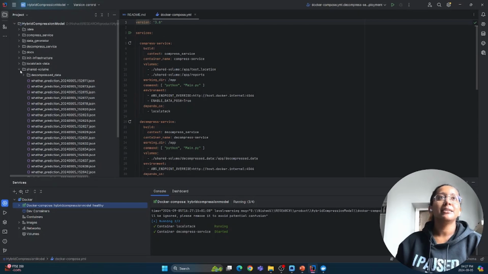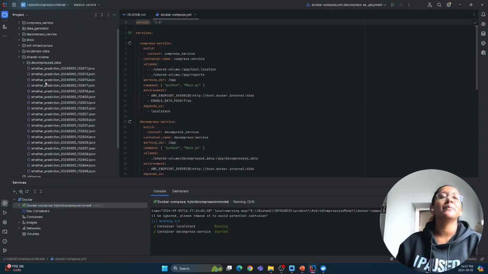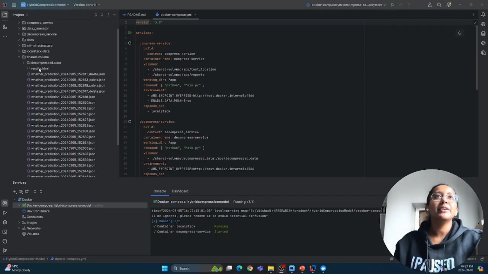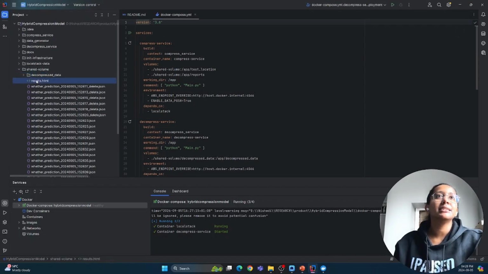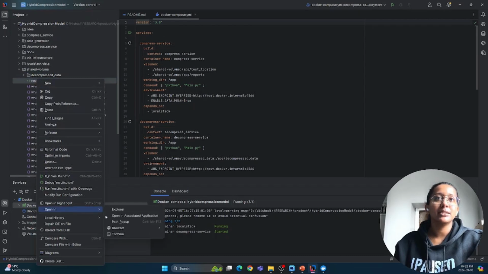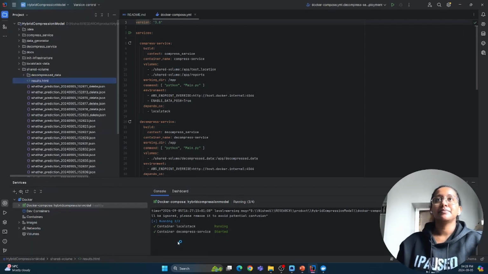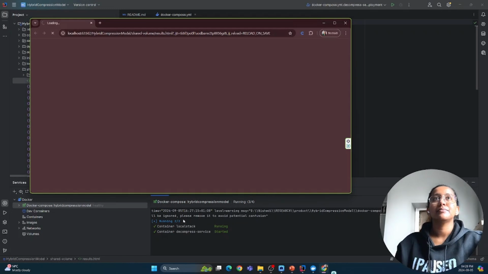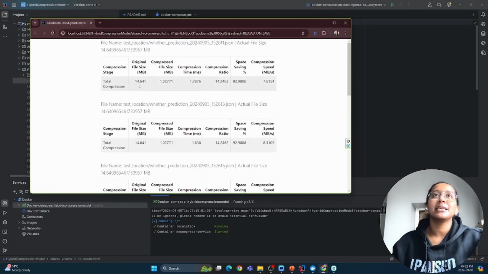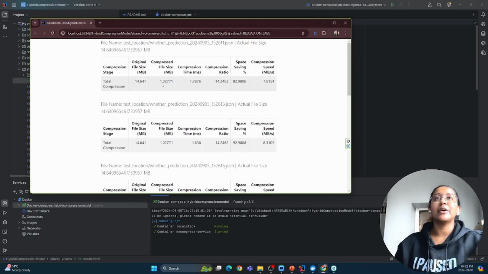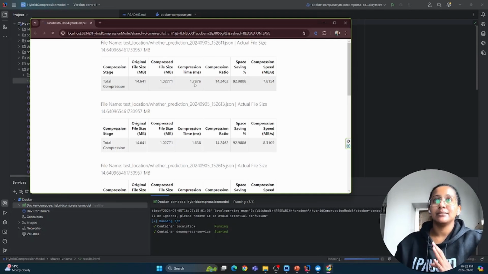I have generated a report to see the compression performance and the decompression performance, and we'll wait for the report. Here we can see it was generated, and we'll try to open it. Yeah, here you can see the original file size is 14.6 megabytes, but it was compressed to 1.02 megabytes in 1.78 seconds.